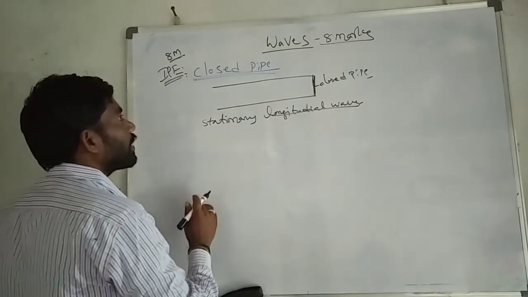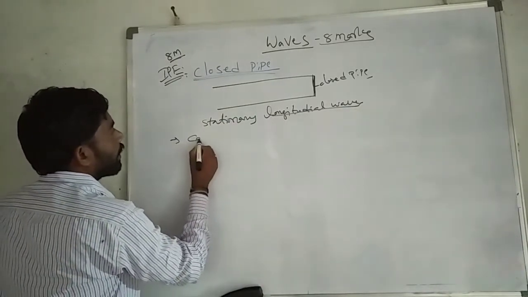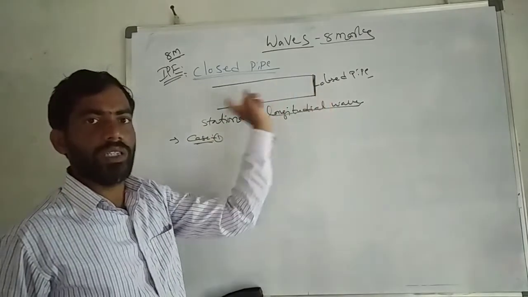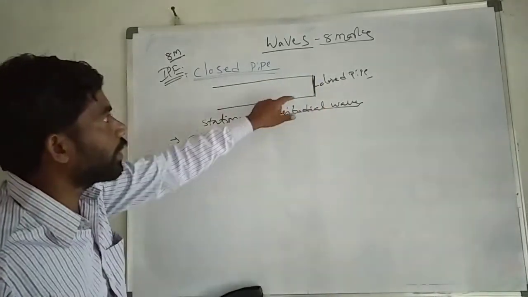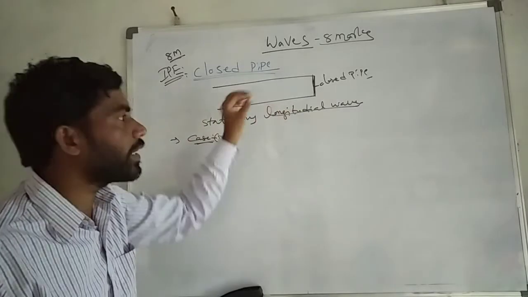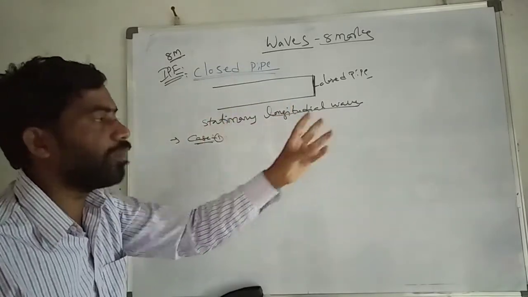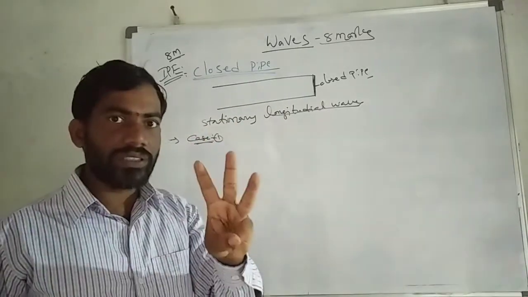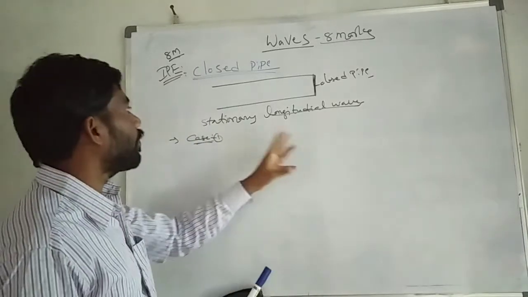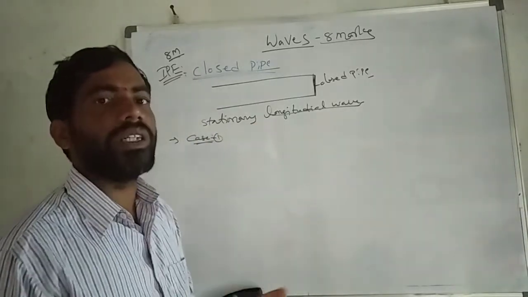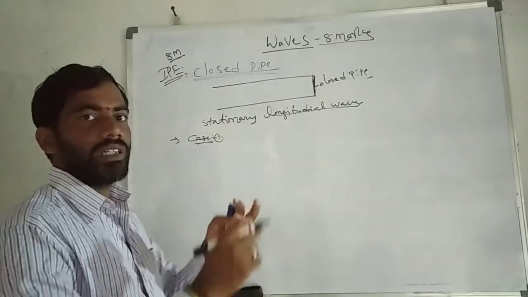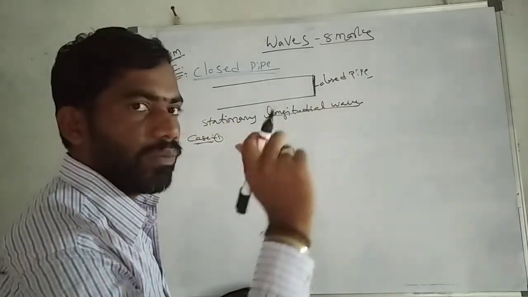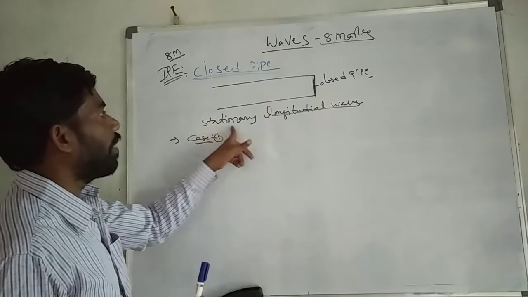Okay. First, take case 1. You already know, at the boundary the wave is reflected. The incident and reflected waves travel with the same frequency, velocity and phase. Whenever these three conditions are the same, then it forms the stationary wave. Otherwise, it cannot form the stationary wave. Same phase, same velocity, same frequency: this is a must for the formation of the stationary wave.